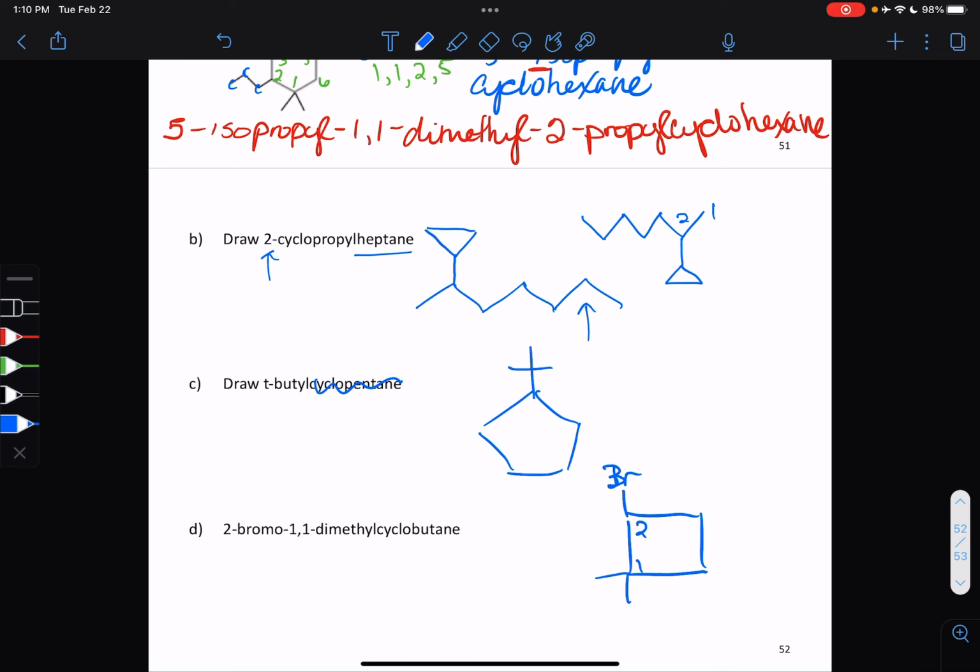That's fine. What we need to remember is there's also something else bonded to carbon number 2 there, because carbons need to have 4 single bonds. What else is bonded to the carbon there that we don't see, that we assume you know is there? If you said hydrogen, you would be correct. Now, you can leave the hydrogen not drawn there. That is preferable. Then you don't have to worry about getting it right. So let's go ahead and remove that. Okay. So we would probably want to clean this up just a little bit like that. And then you have 2-bromo,